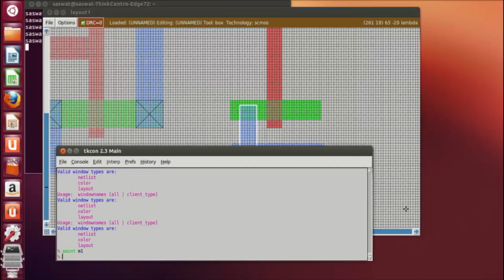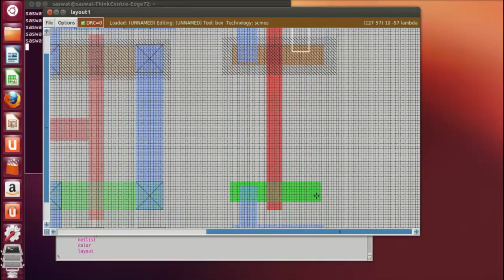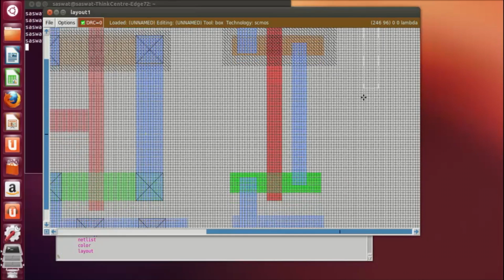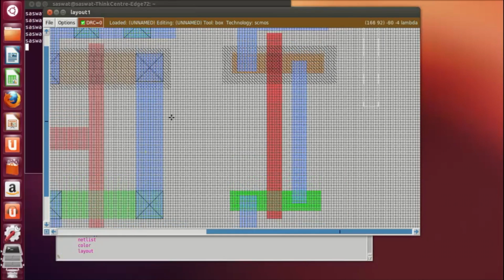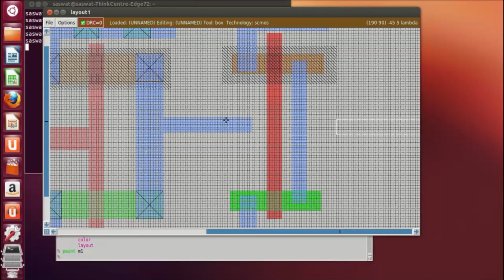Paint M1. Now these two are shorted. These two drains are shorted. Paint M1. Okay. Now the output from here will be given as input